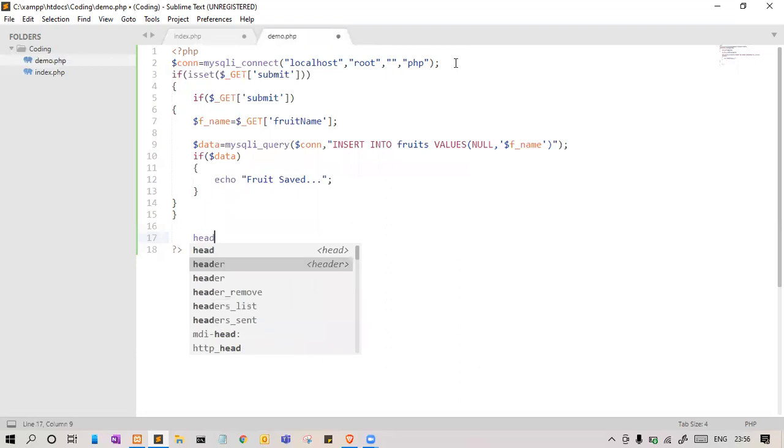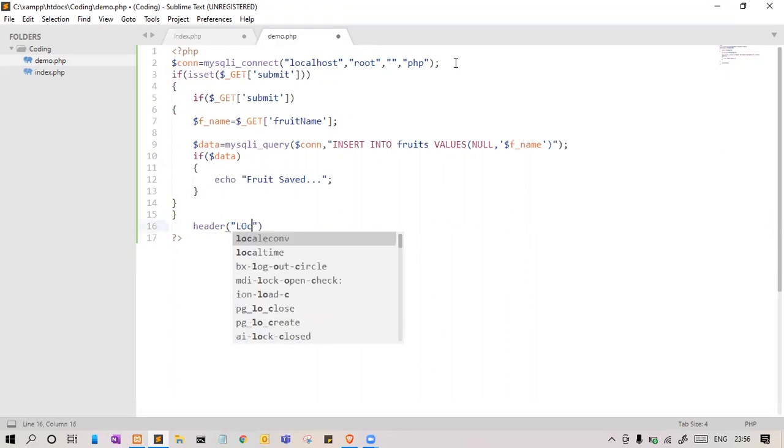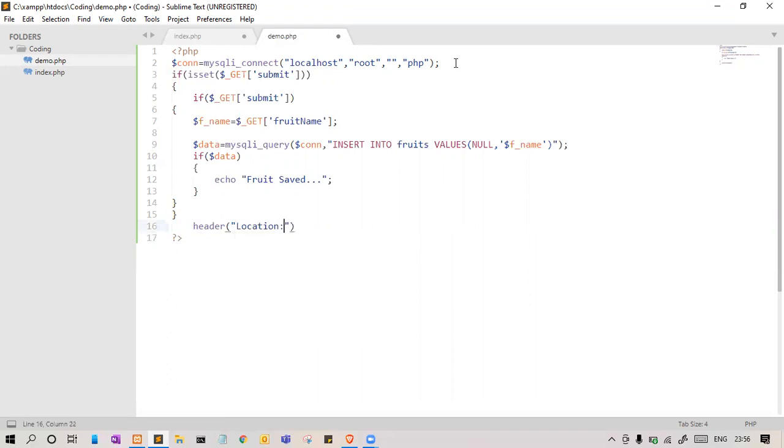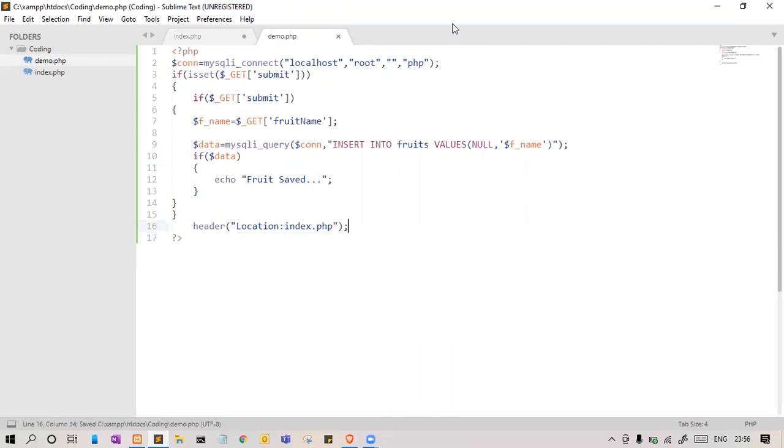So let us redirect back again to our main file. How to redirect in PHP? We use the header function to redirect. In the string we need to give the location. What location do we want to redirect to? Index.php, our main file, and a semicolon. As soon as the form is submitted, our code will redirect for a short period of time over here, and it will redirect again. Through this redirection from index.php to demo.php and back, the data is refreshed and our problem is solved.